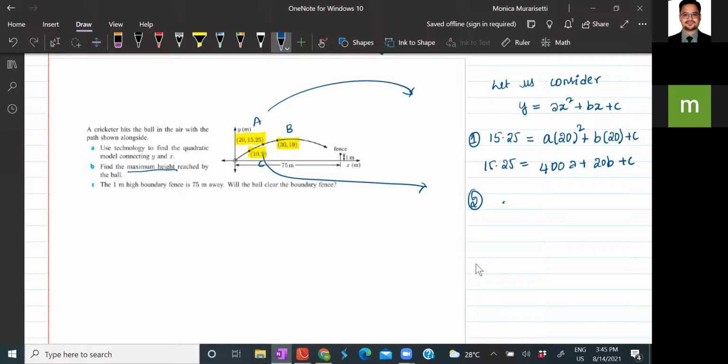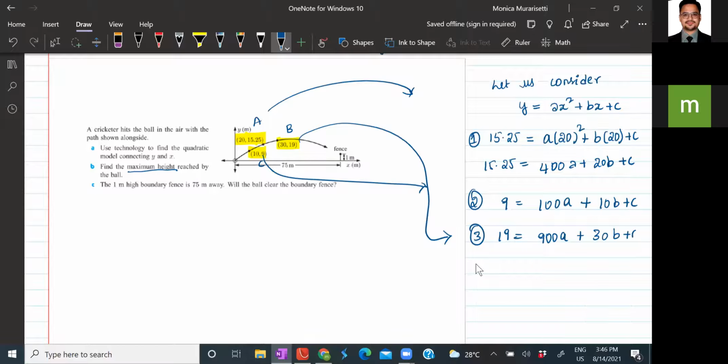It would be 9 is equals to 100A plus 10B plus C. There's one more, which would be 19 is equals to 900A plus 30B plus C.